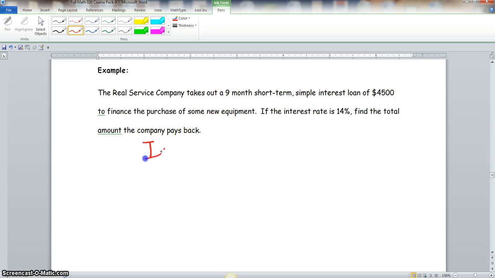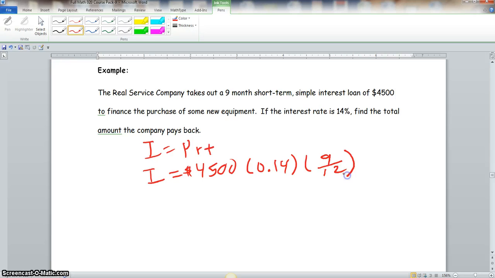So we have interest is equal to the principal times the rate times the time. The interest we don't know, so we'll leave that as I. The principal is the initial amount that we borrow. The rate is the interest rate, which is 14%, which would be 0.14. And the time, since we're dealing in months, it would be 9/12. Okay, we'll put all these values over 1. And we'll multiply all of our numerators, which will give us 5,670, all divided by 12. Now when we divide this out, this will give us